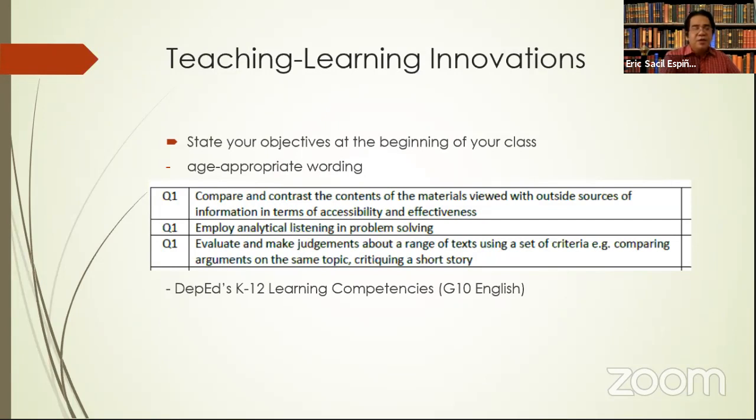So if you're talking about your grade 1 students, I think you have to make it appropriate to that level. But this I guess it's for grade 10. So you have to think of words that your grade 10 students will be able to understand. So I'm going to give you a few minutes, maybe 2, 3 minutes, and maybe Kiana can share some of their answers to me later on because I'm not sure if we can do what we did earlier. But I just want to see how you can reword this in a way that your students will be able